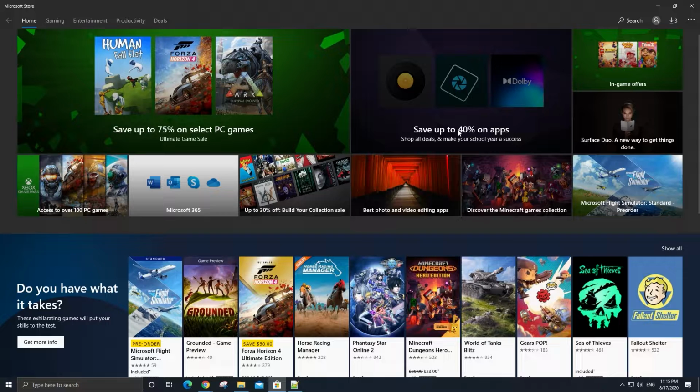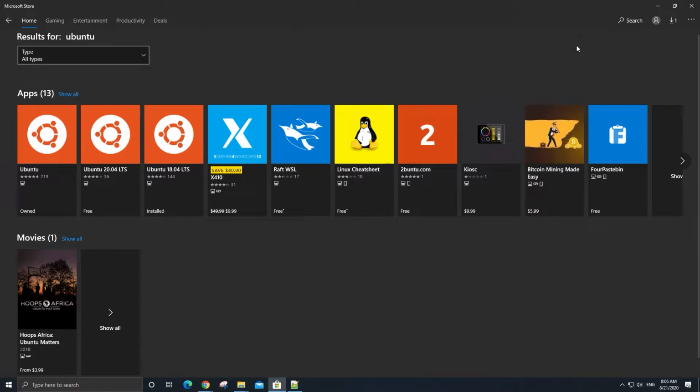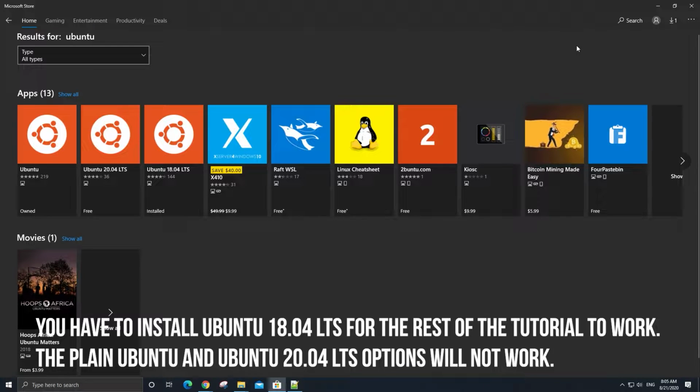Now, the specific Linux distribution that we are going to install for this tutorial will be Ubuntu. So in the top right corner of the store, click on the search button, and then click inside this text box and start typing out Ubuntu and then press enter. And then from these app results, you actually have to install Ubuntu 18.04 LTS, because I actually had to go